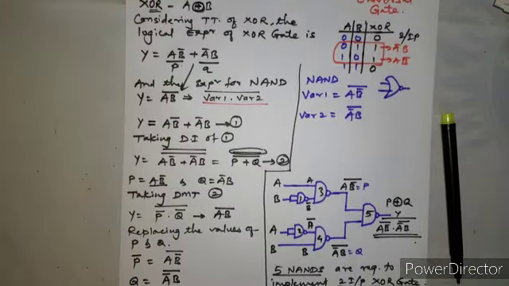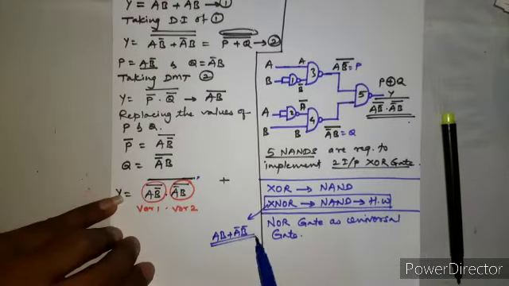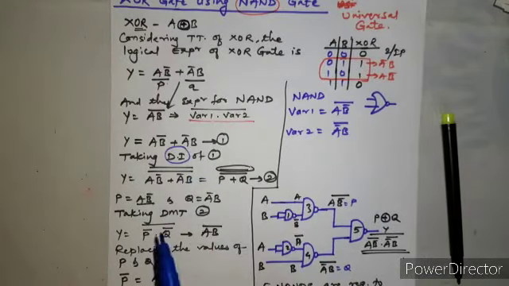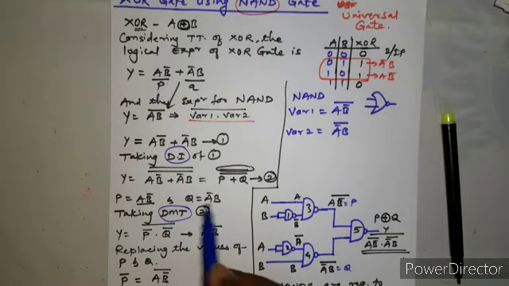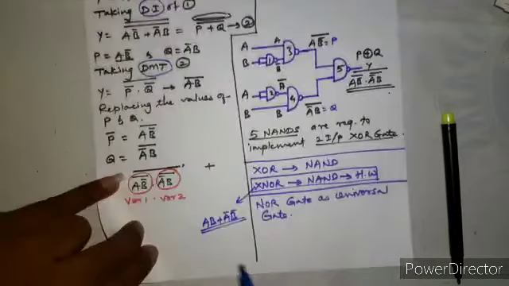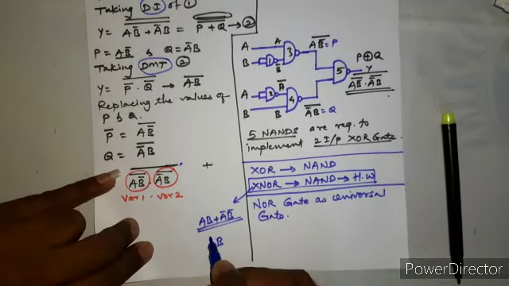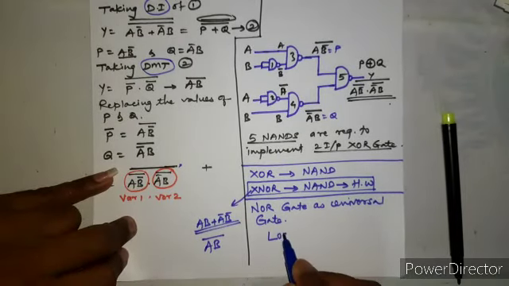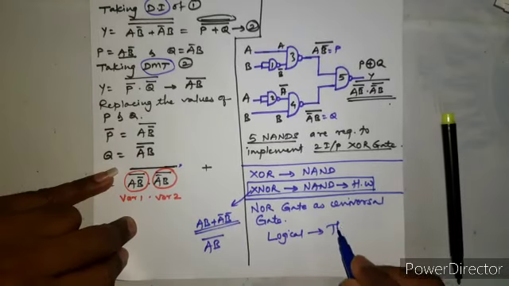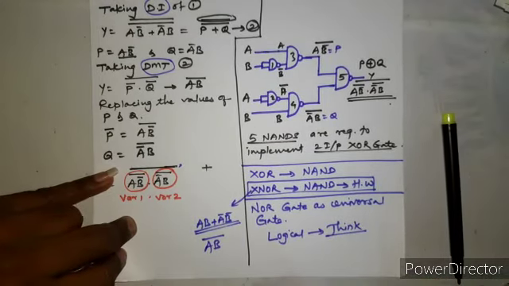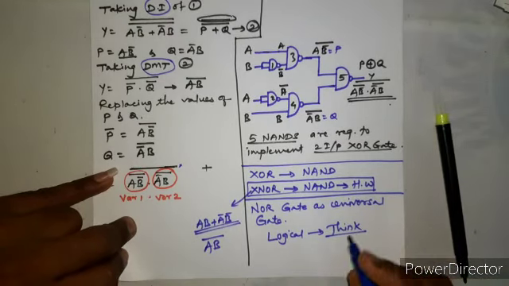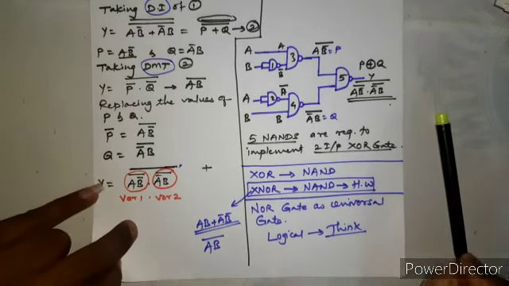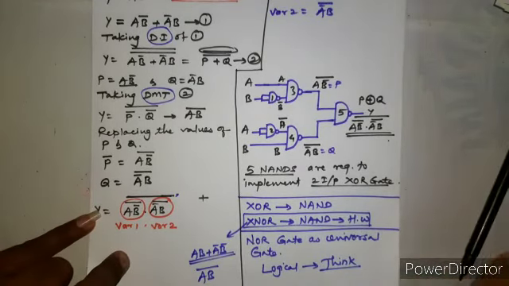Now considering this equation of XNOR gate, just see where to use and when to use double inversion and when to use De Morgan's theorem, and just see if you can bring that in the form of A B whole bar, right? So completely logical. You need to think. As I already gave you a hint in the first lecture, in this subject you have to just go on thinking. So that is how the thinking ability of an engineer should be developed.